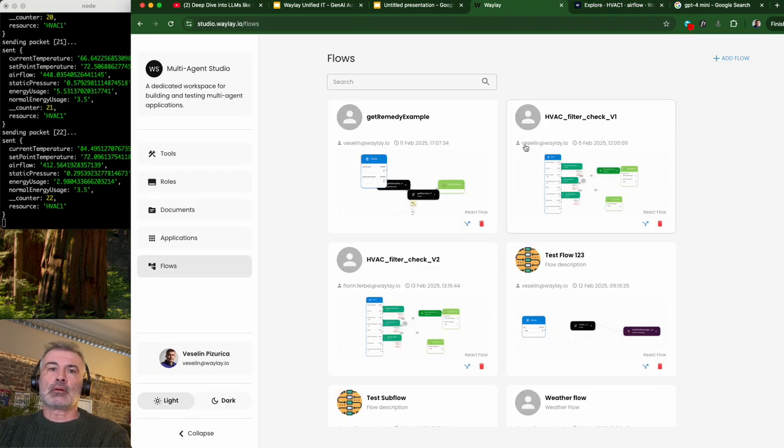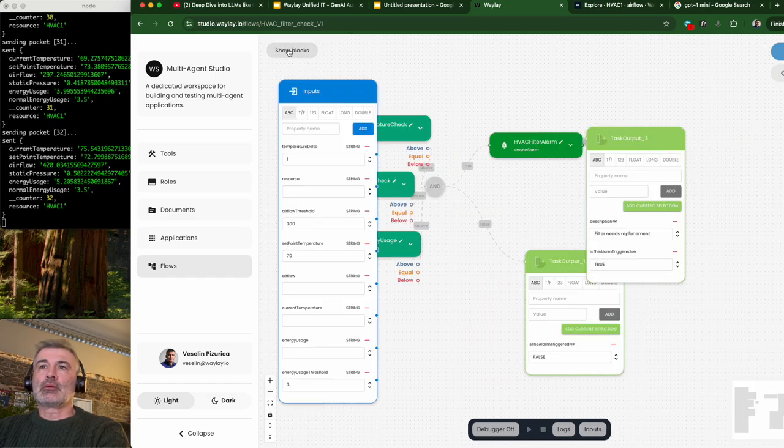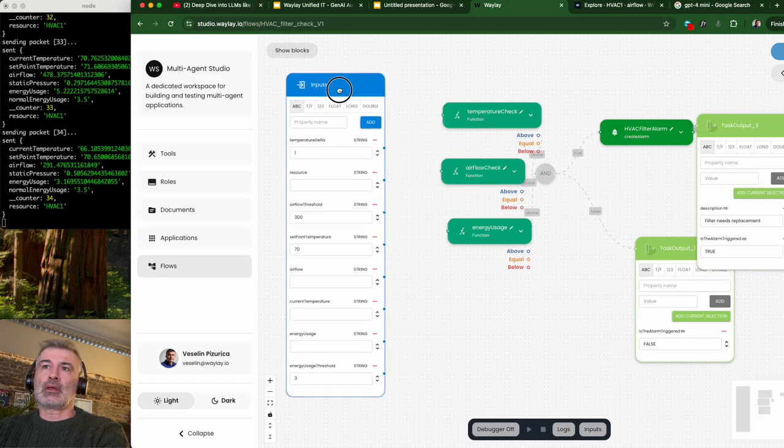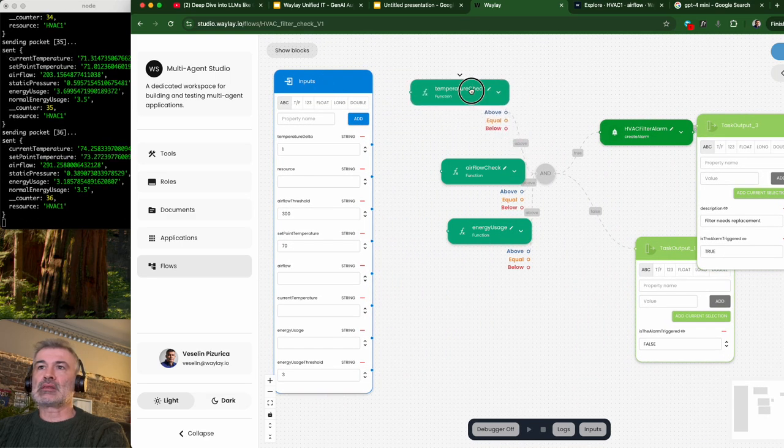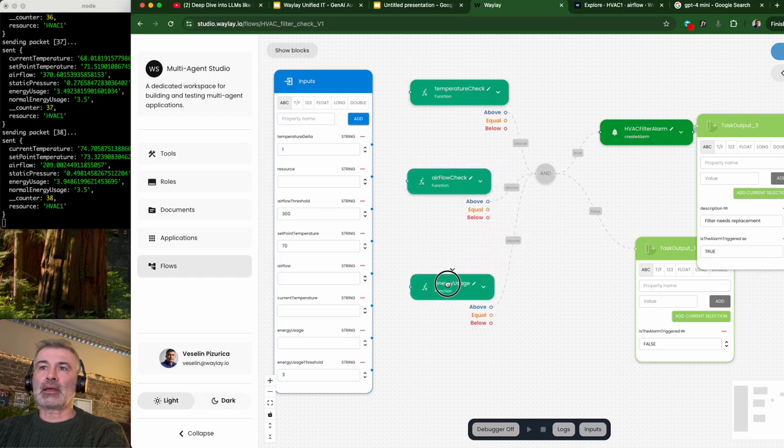Okay, let me now go to a new studio. It has a lot of different things, but this time I will be focusing primarily on making the bot applications. I will take one rule that is checking the HVACs, and this time I'll be looking at, like I said, different parameters like airflow, temperature, and energy. And if all of these are above a given threshold, then I'm going to raise an alarm that there is a problem